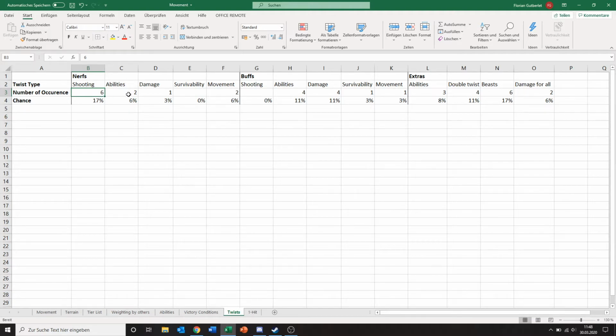Kind of the same for abilities. This is actually pretty good for abilities. In general, I would say that this just means that abilities are more powerful than I rated them. For damage, the same can be said. Although with these melee damage things, obviously it gets buffed more, so you're more likely to have buffed melee damage than you are to have nerfed melee damage. However, you do have to keep in mind